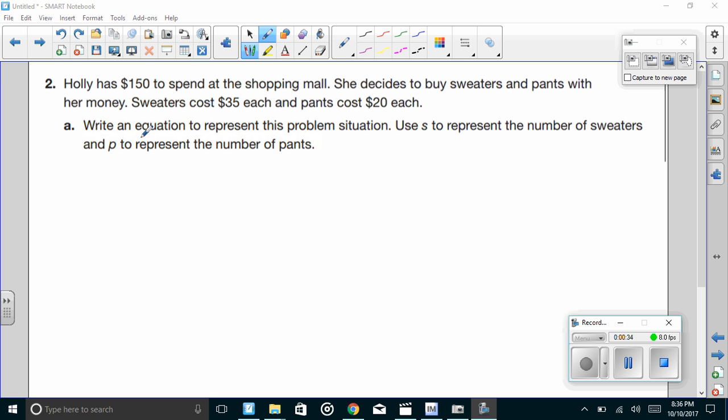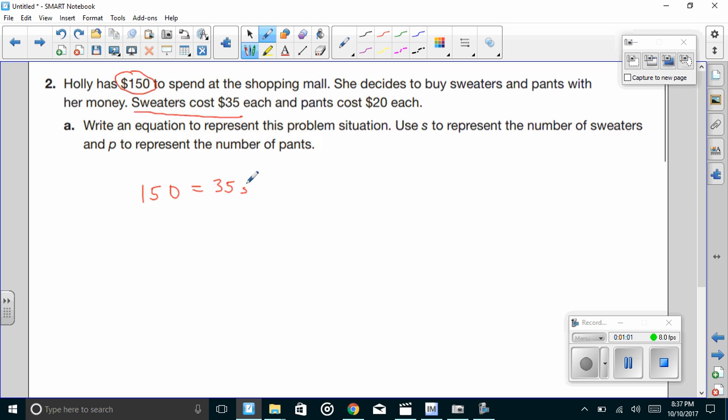It wants us to write an equation that represents the problem situation and use S to represent the number of sweaters and P to represent the number of pants. So the total amount of money that she has is $150. No matter how many pants or sweaters she buys, it has to add up to equal 150. So if we wrote the $35